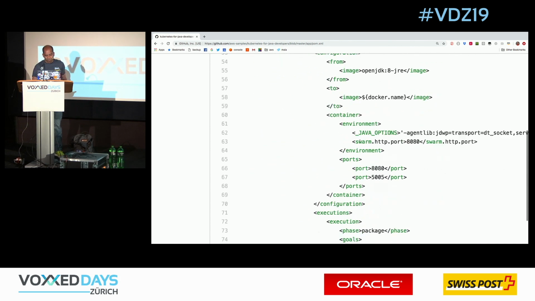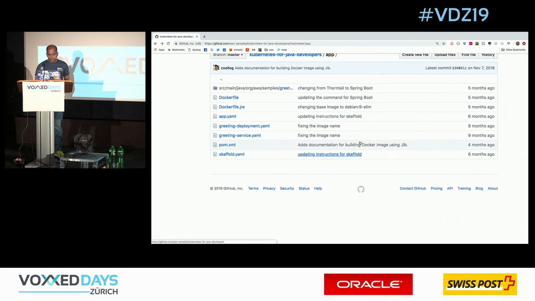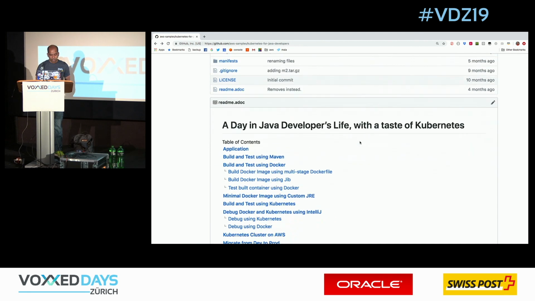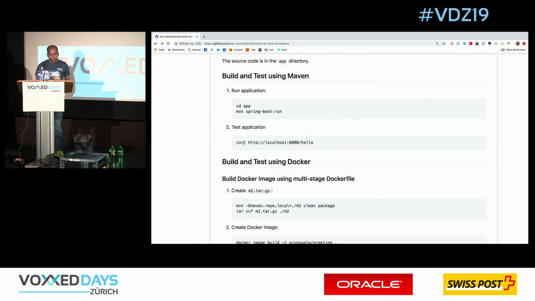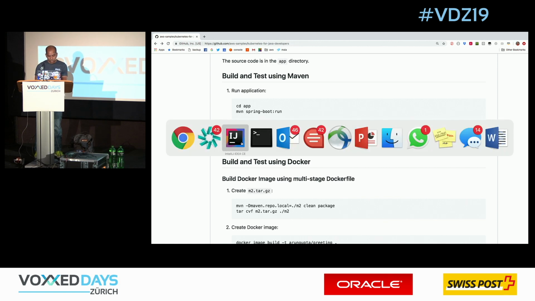Now in here I have a profile, which we'll talk about a little bit later, but essentially the idea is if I run my application now, I run it literally as Maven spring-boot:run. It fires up my application and then I can curl it. So let's take a look at how I'm going to do that.